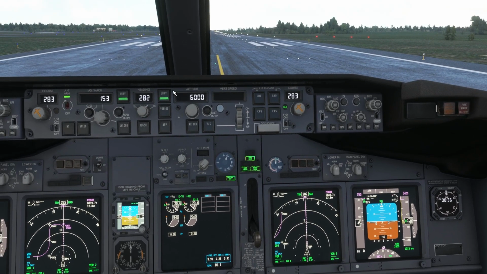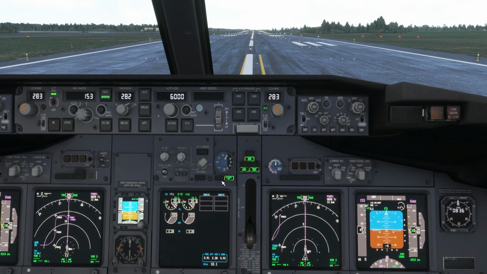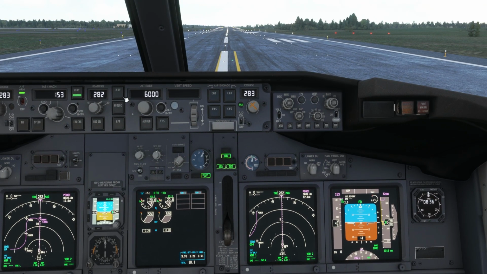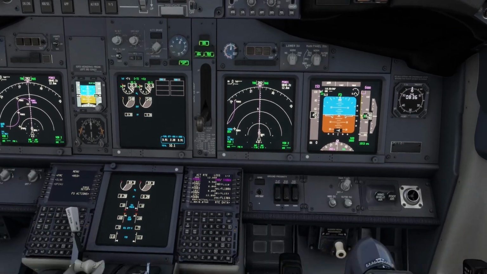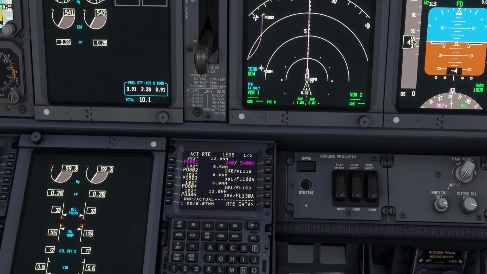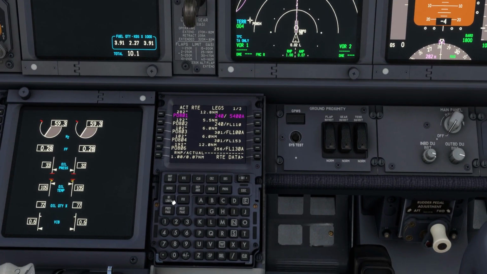Sometimes there is no LNAV available, so we might take off like this, and at 400 feet pilot flying will ask pilot monitoring to press the LNAV, and he's going to make it at 400 feet. And today we'll do NADP 1. We are in Poznań, Poland, so